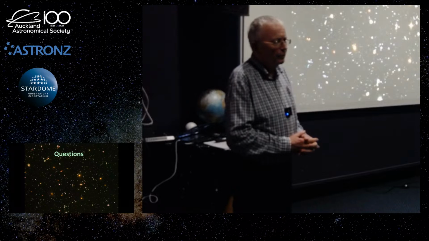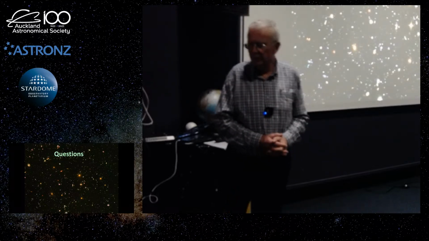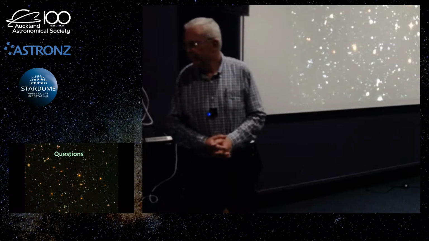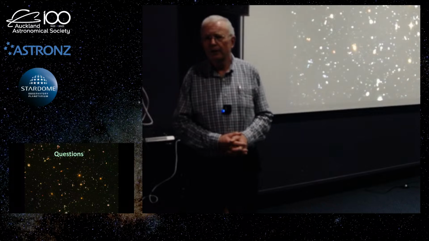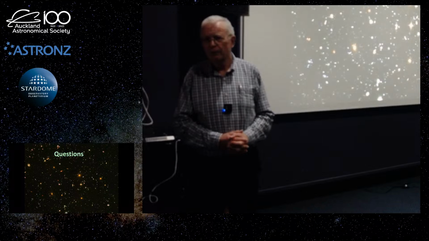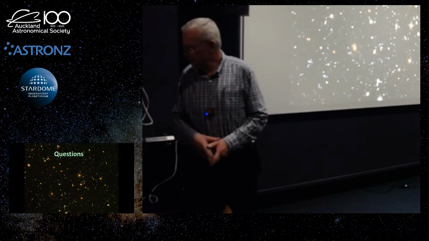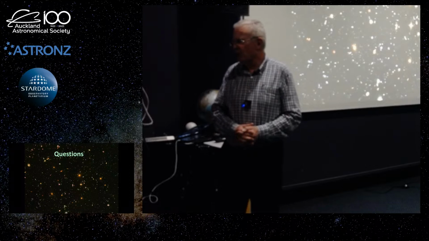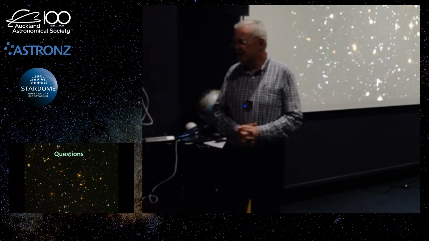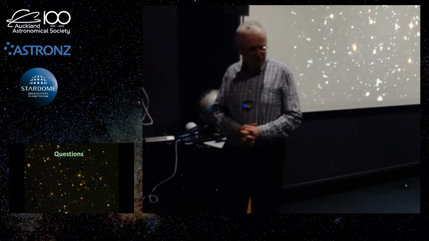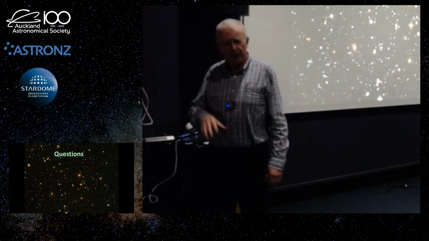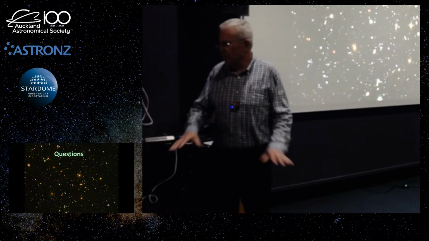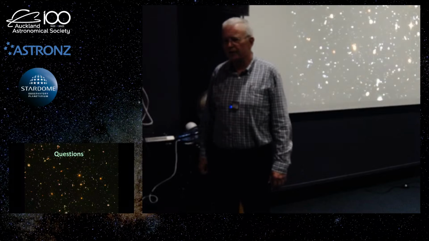Got a couple of questions from the internet. One you've almost answered, but in a slightly different way. This is from Craig, who says, do you think the current theory of the age of the universe is sitting on shaky ground with the JWST finding a large galaxy that shouldn't have formed in the early universe? Yeah, I think we did. The early data that's come out was really low resolution spectroscopy. It's yet to get refined, and I hear a lot of astronomers saying they're just not buying that information. It's just the media's got hold of it and blown it out of proportion. Most level-headed people are saying we're just going to wait a couple of years for the higher resolution data to come out.